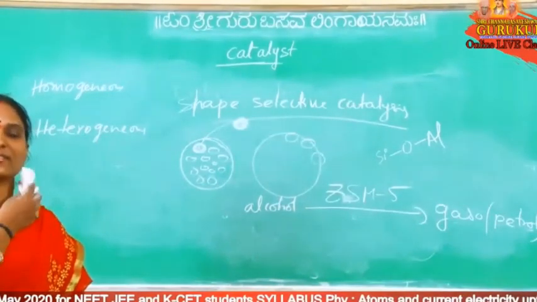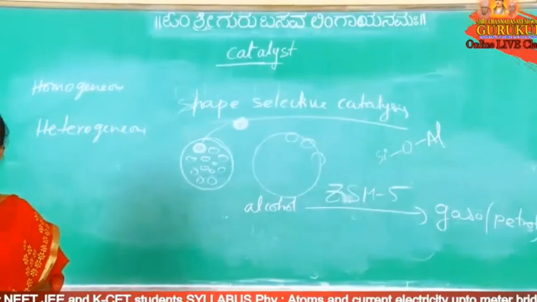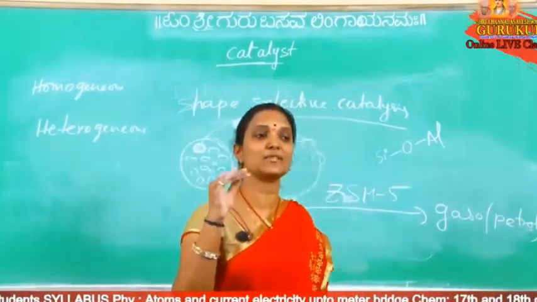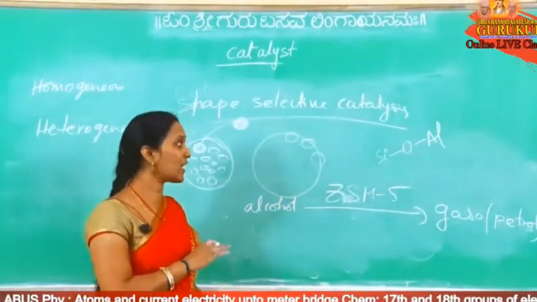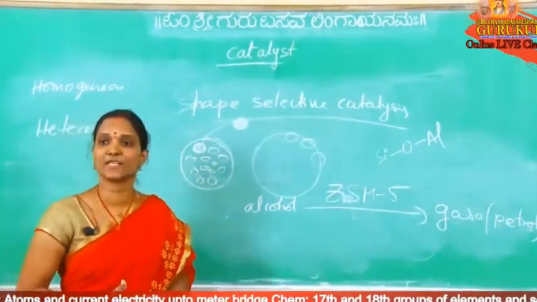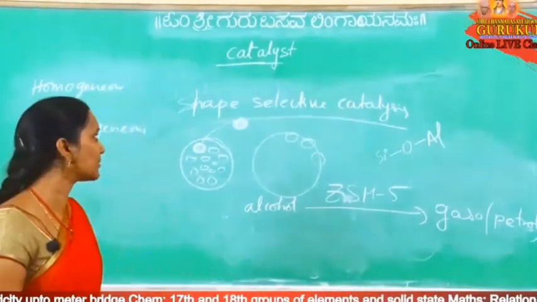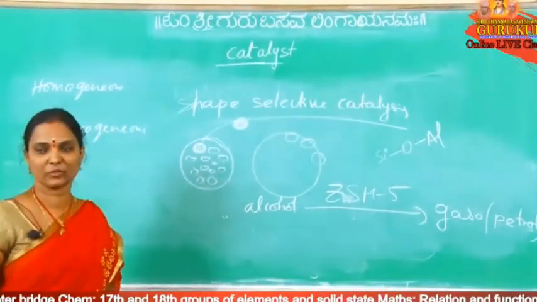Zeolites act as catalysts in different reactions, but their catalytic activity depends on the size of the pore and also the size of the reactants. They have a sieve structure. How do we get the sieve structure? Some of the silicon atoms are replaced by aluminium atoms. Okay, these are zeolites, shape selective catalysts.